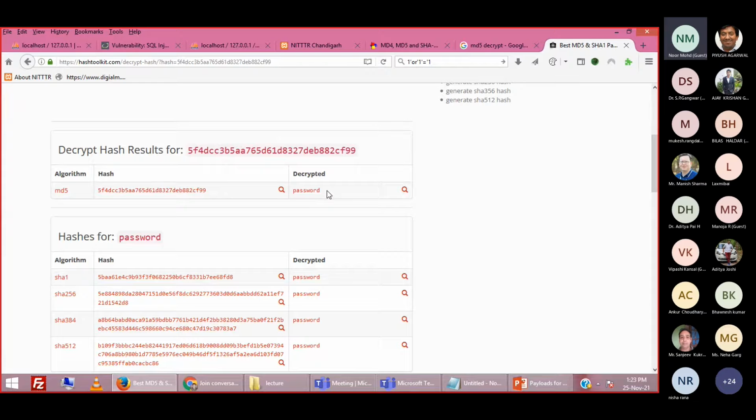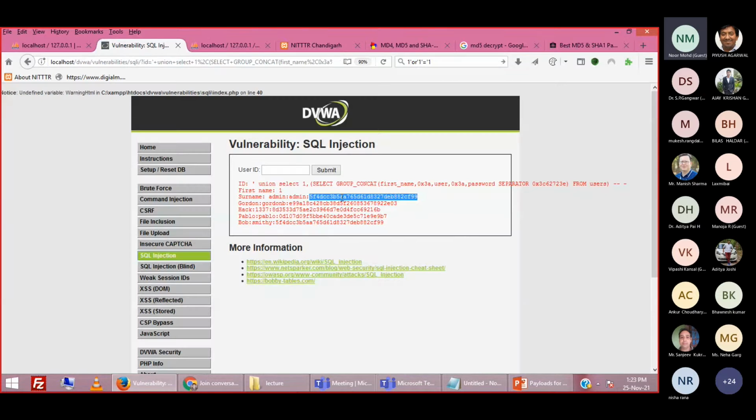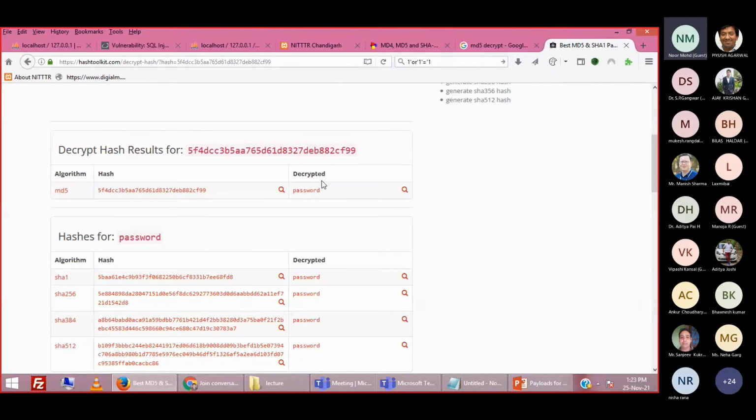We all know the default username for DVWA is admin and the password is password. That is why it has decoded. So for username admin, the password is password. Now you can log in on DVWA using these credentials.